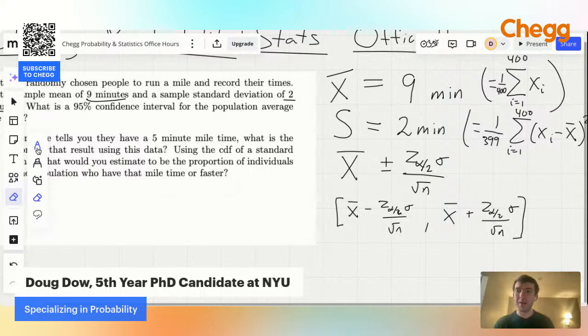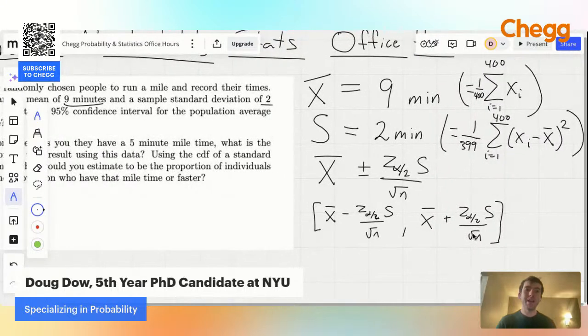Actually, instead of this sigma here, I'm going to write an S, because that's the notation I used earlier. So I'm gonna go over what each of these terms mean. We know already what this sample mean is. The sample standard deviation is given to us. That's something we compute from data. This square root n is the size of our data set. And this z, so this is size of data.